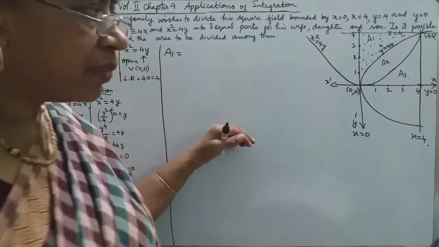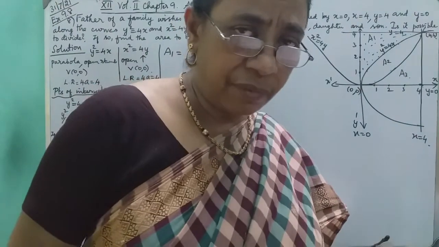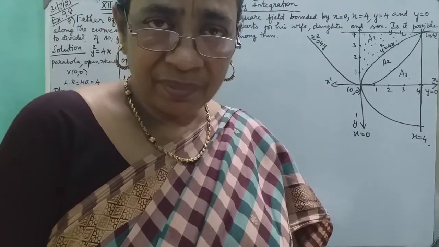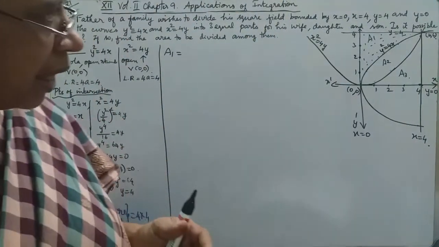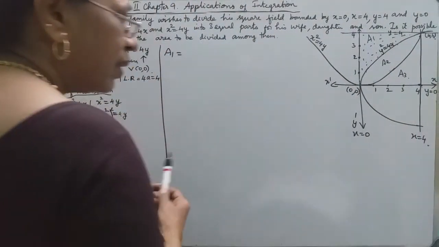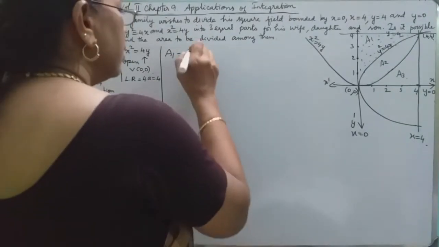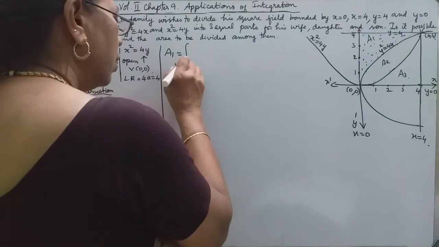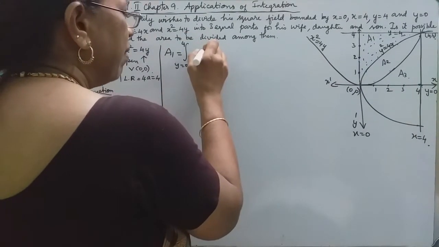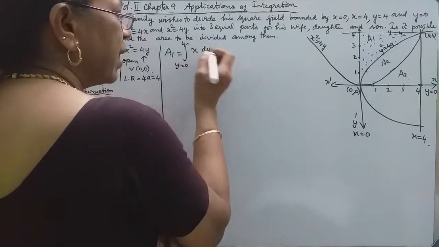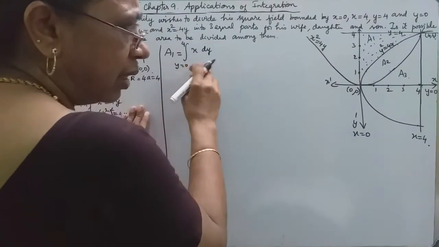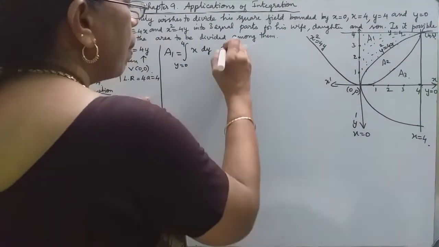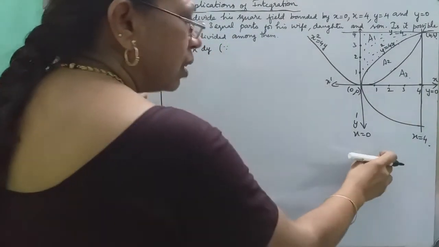How did I find it? Actually the points of intersection are (4, 4), (4, 0), and (0, 0). So we have to make use of them. So it is very clear that the area is bounded by the two horizontals. So which formula? The horizontal equations are y equal to 0 to 4. So here we declare dy. So this will be x then. So here we have to take which parabola, that is y square is equal to 4x. So side dy.